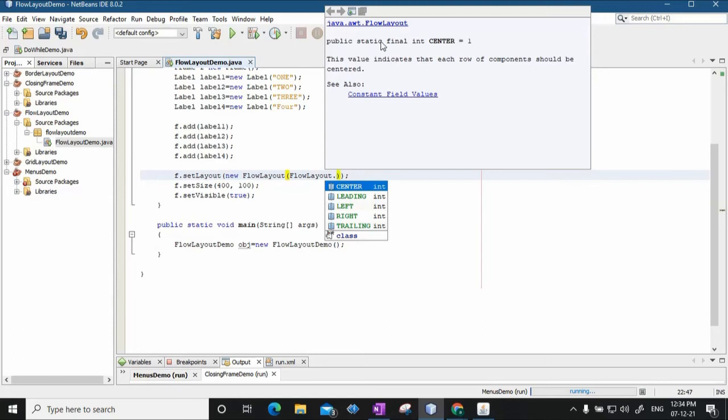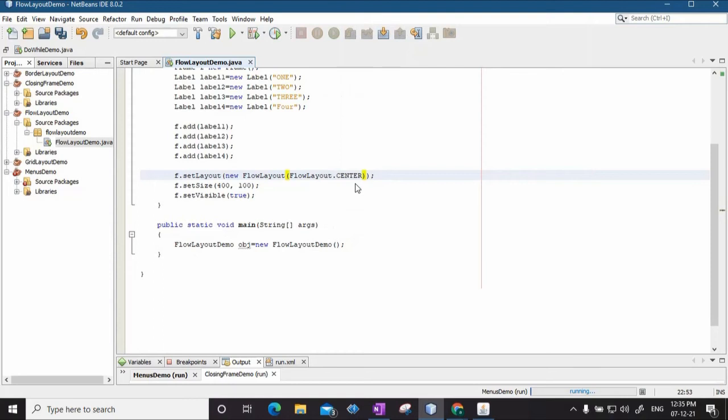Just see, it is public static final int CENTER equal to 1. So it's a static field present in the FlowLayout class. This value indicates that each row of the component should be centered. Suppose there are multiple rows, each row will be centered. So I'll use this CENTER.